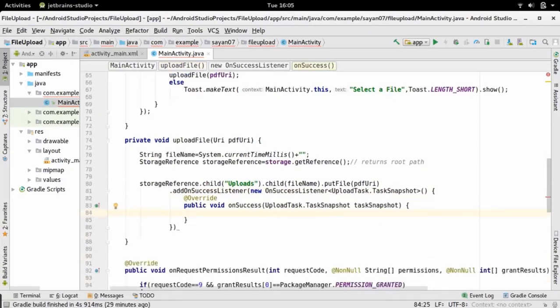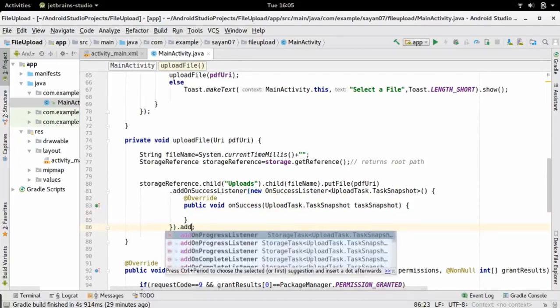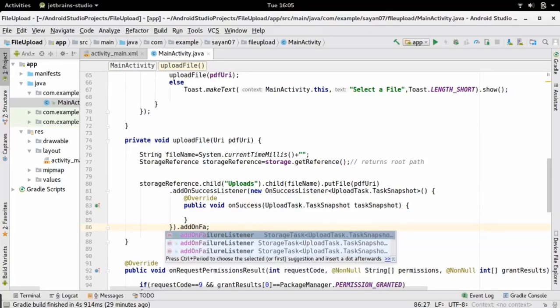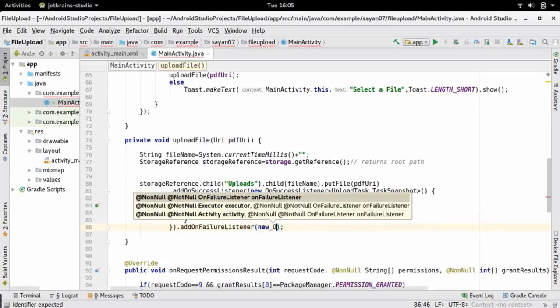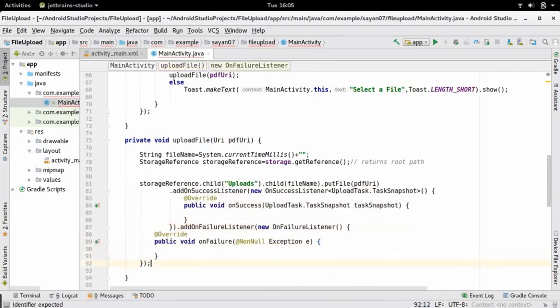Now this method addOnSuccessListener will get invoked if our file is successfully uploaded to Firebase. And if it is not, then we are going to attach another method which is addOnFailureListener, override the failure listener interface, and this denotes that our file is not successfully uploaded.